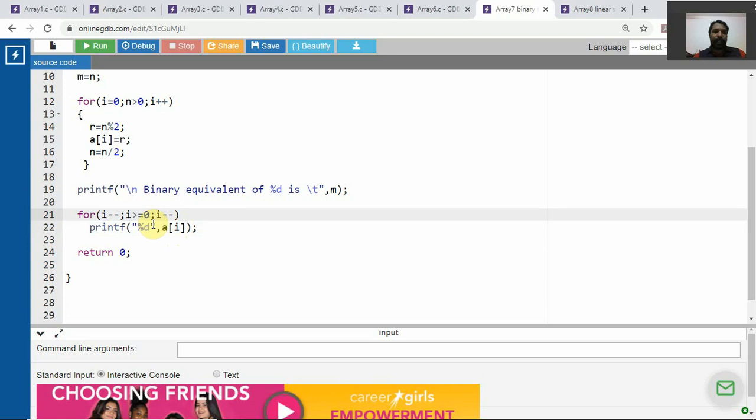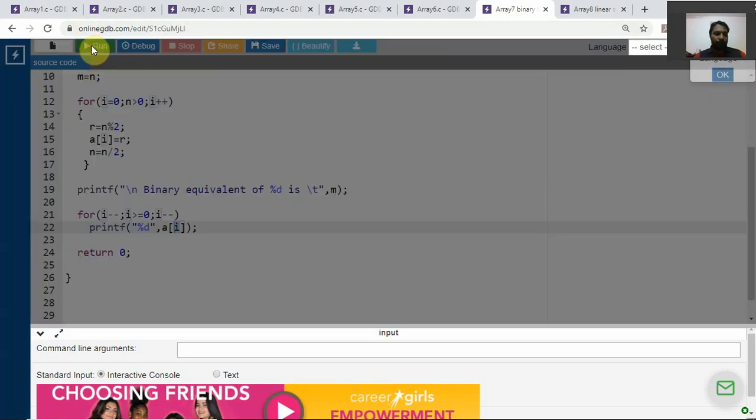That is, if I becomes minus 1, it will stop. So A of 4 will be printed first, then A of 3 will be printed, A of 2 will be printed, like that it will go on. So if you run this program,